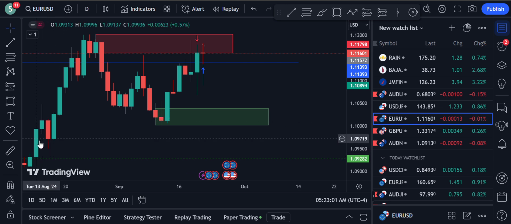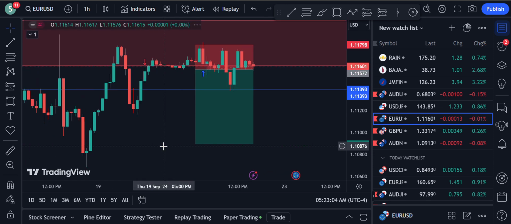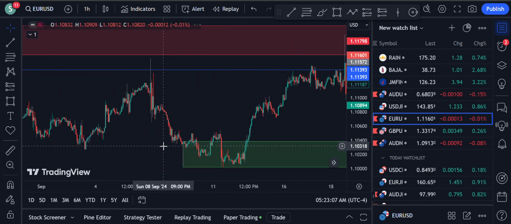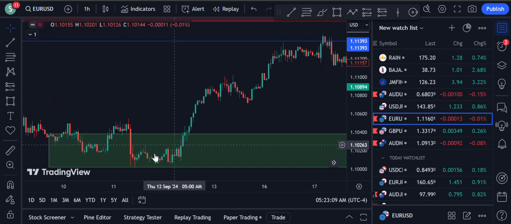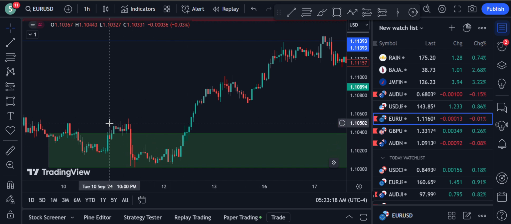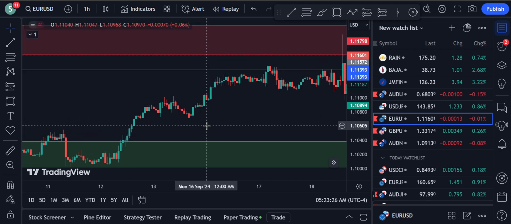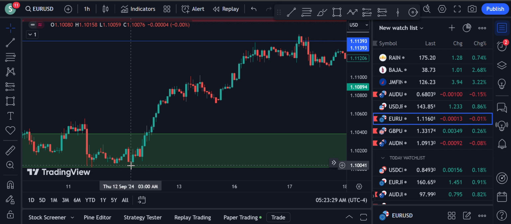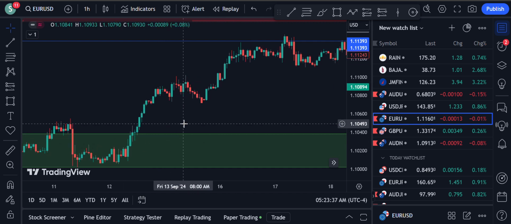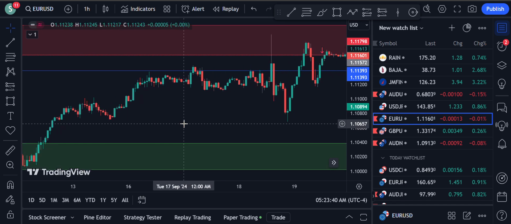Once it entered this demand zone, we'll move down to 1 hour time frame. We can see after entering the demand zone where it broke the supply zone. This is a supply zone. It gave a closing above this at this point. And if we don't consider this, we can say it gave a closing above this area, which is a good sign of reversal on lower time frame. We could have looked for our entry. Our entry might have been here. Here should be our entry, and here should be our stop loss if we did. But it didn't retrace back to that level,